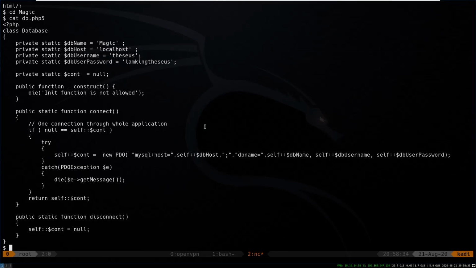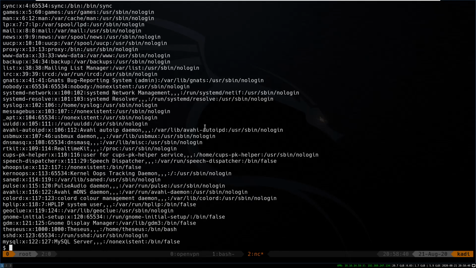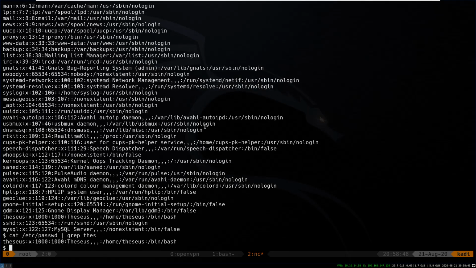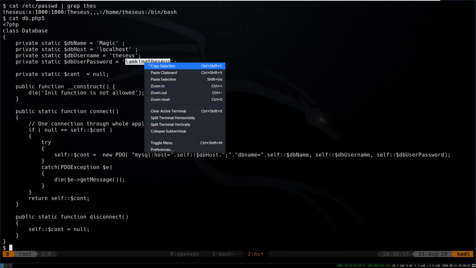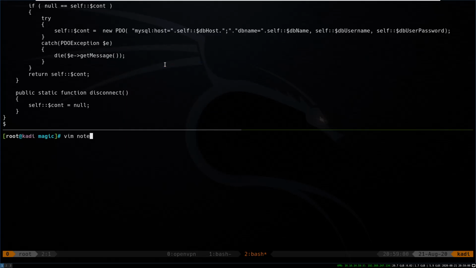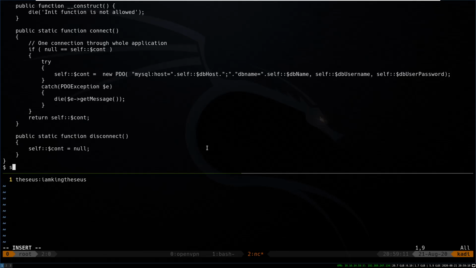So we could look at users on the box by just cat /etc/passwd. We could look to see if Theseus is on here by grepping for it, and it looks like he is a user. So if we cat that db.php5 file again and take a note of this, maybe we can switch over to the user. So if I tried to su for switch user over to Theseus